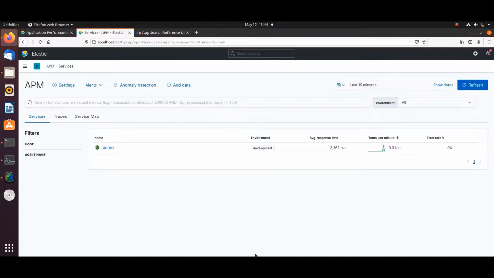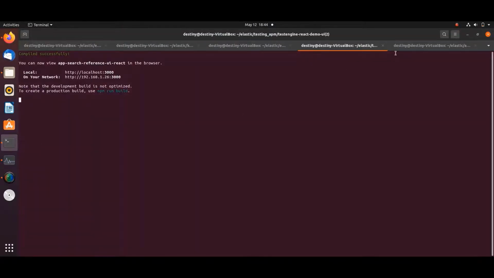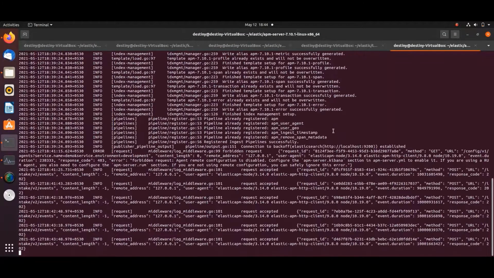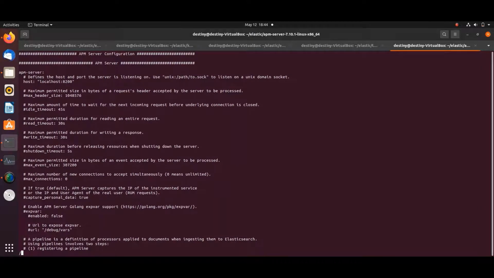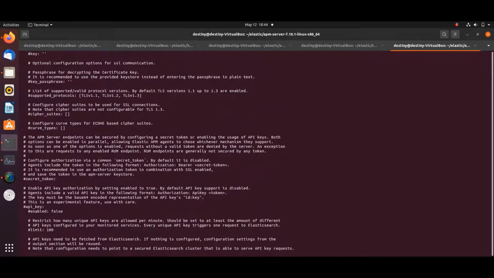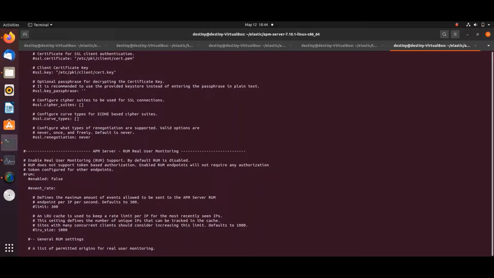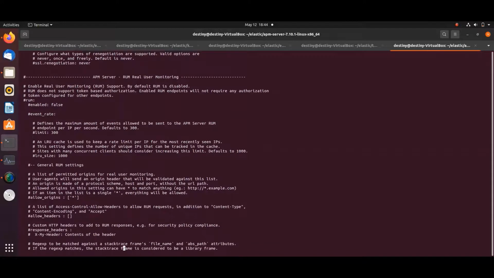Now if we want to enable RUM, which is real user monitoring, we can even do that. So I'll just show you how it is done. Let's cancel this APM server. We'll have to go to the apm-server.yml, which is the configuration file. Let's search for RUM. In this particular section, real user monitoring, we'll be able to do this.